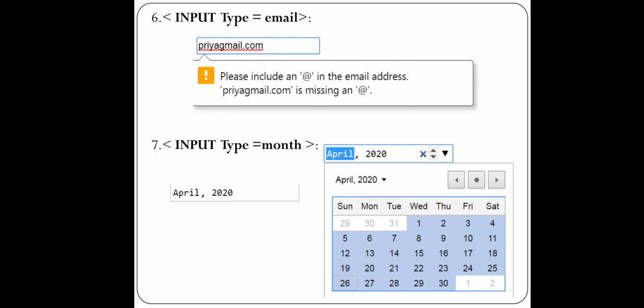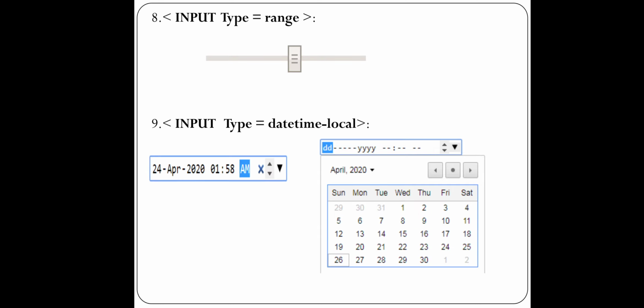Previously we saw date, right? The next control we'll see, the eighth control, is input type equal to range. Now you can see there is a slider. If you move to the left side, the value will decrease, and if you move to the right side, it will increase. You can see in many websites these types of controls are there, right? When you use the slider, instead of typing some value or clicking, you simply need to drag it. If you drag to the left side, the value will decrease, and if you drag it to the right side, it will increase, right?